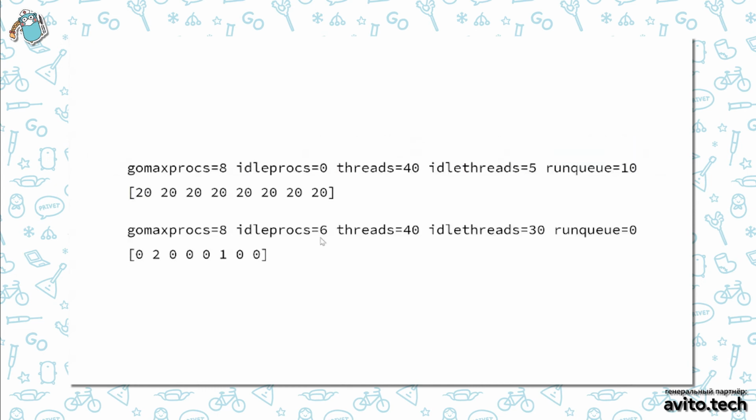This scheduler trace is useful when a program does not scale linearly with GOMAXPROCS, or does not consume 100% of the CPU time. The ideal situation is when all processors are busy executing code, the number of threads is reasonable, and there is plenty of work in all the queues and work is reasonably evenly distributed. A bad situation is when something of the above does not hold.